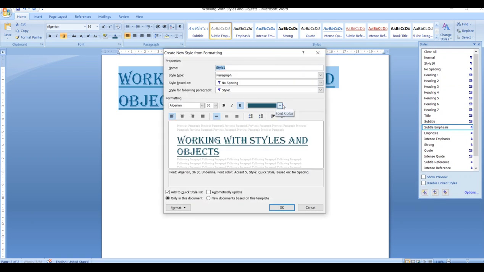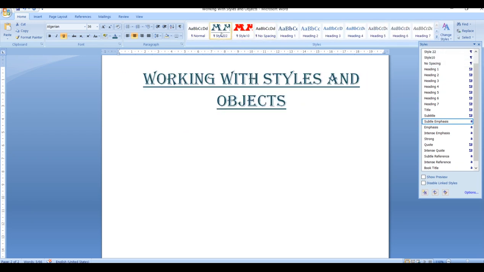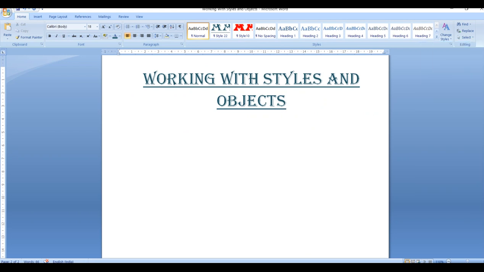As you click on New Style, you can change the color as per your requirement. You can give the name as per your needs, suppose you want to give the name 22. Even you can apply the style as per your need, and you can make it center aligned. As you finish all your settings, just click on OK. That style will be automatically added in your Styles group. So here is your Styles group. Understood students, how to prepare your own style?